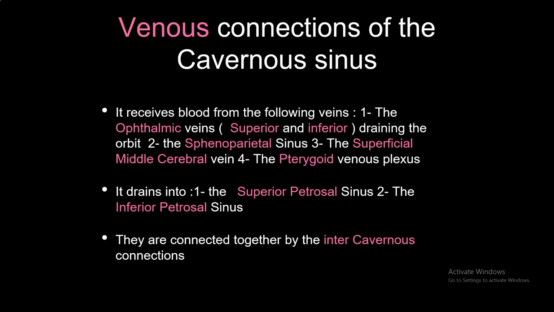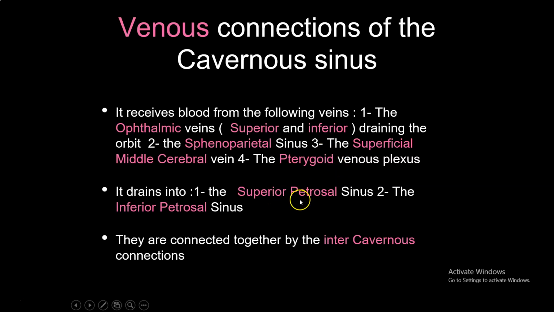Of course, it is a very important sinus. It receives the ophthalmic veins draining the orbit, superior and inferior ophthalmic veins. It receives the sphenoparietal sinus on the free edge of the sphenoid ridge, and it receives the superficial middle cerebral vein present in the sylvian fissure, and from below it receives the pterygoid venous plexus. So anteriorly it receives the ophthalmic veins, laterally the sphenoparietal sinus, superiorly superficial middle cerebral, and inferiorly the pterygoid venous plexus, and it takes the blood from all these areas and distributes it